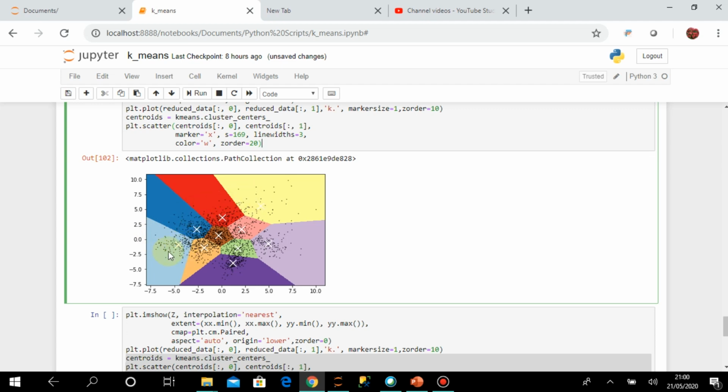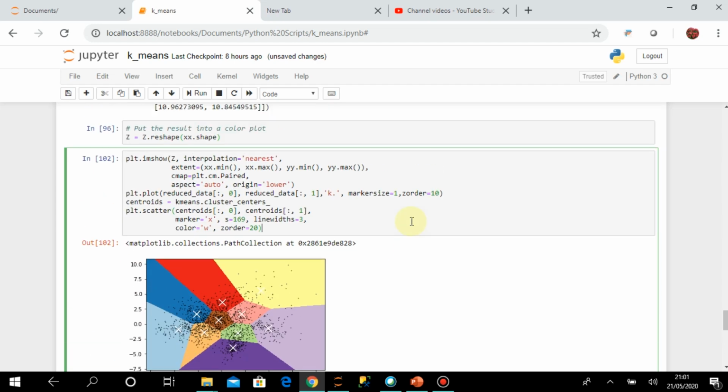Now if I take a particular point, I can say this point is in this cluster and this is the centroid for this particular cluster. This way k-means works, and through this graph we have shown how these clusters are formed, how the centroids look, and how the data is divided in these different clusters. That's how this algorithm works.